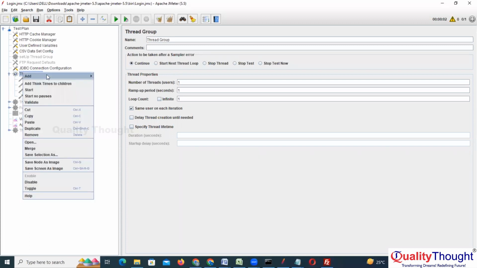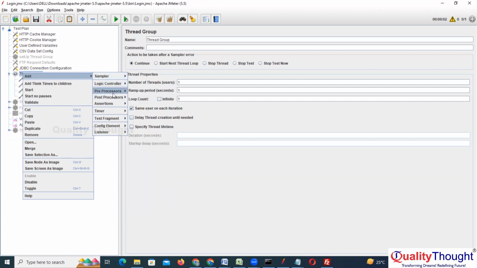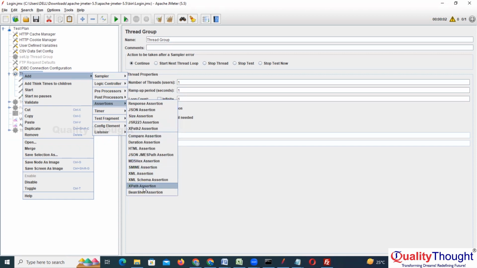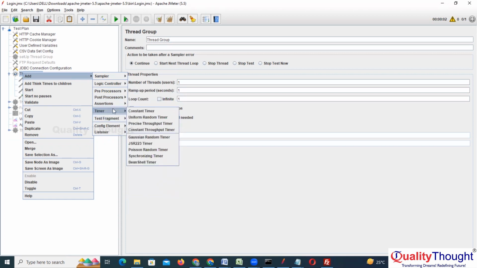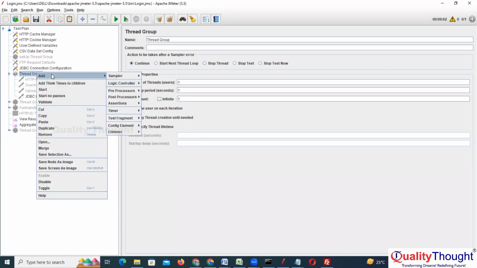You have BeanShell as a separate sampler. If you go to the preprocessor, you will find BeanShell preprocessor. If you go to post processor, you will find BeanShell post processor. Assertions, BeanShell assertions. So you will see these BeanShell related things in each and every element. How these BeanShells are useful, I'll cover as a different topic. Don't worry. Tomorrow we can cover